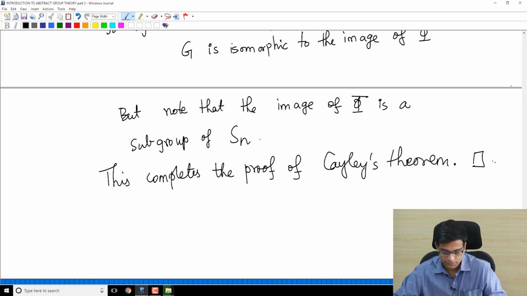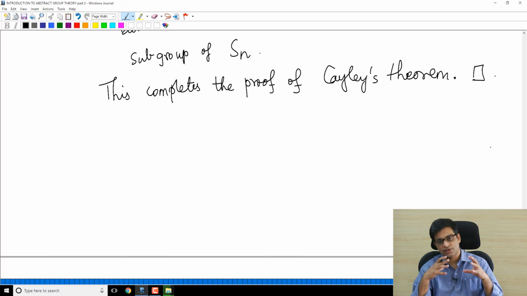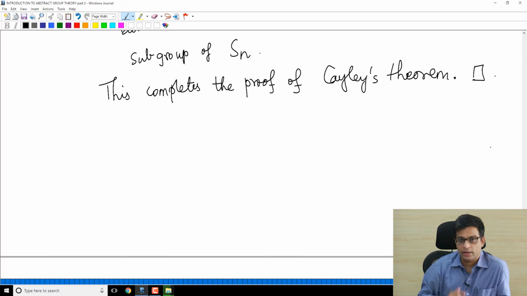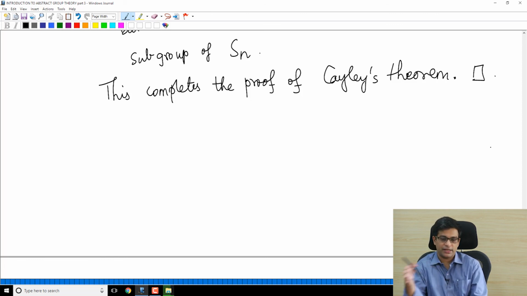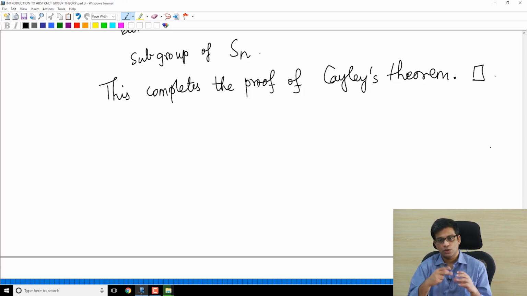So this is Cayley's theorem, and this is a structural statement, not always very useful. The reason is that Sn is a very complicated group. One thing we noticed in the video when we talked about Sn is that the size of Sn keeps increasing by larger and larger numbers, because S3 has order 6, S4 has order 24, S5 has order 120, S6 has order 720 and so on. So Sn is a very complicated group, and knowing that every group is a subgroup of Sn is not in practice very useful. However, it's a good structural statement.